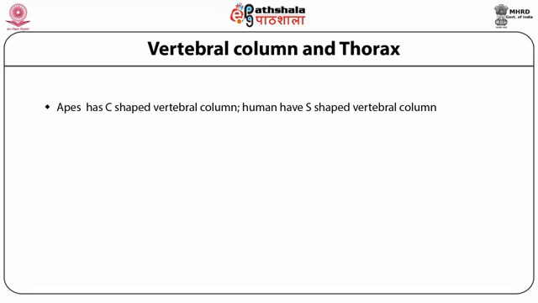making the thoracic region slightly convex, but in humans it is S-shaped by adding two secondary and opposing curves in the cervical and lumbar regions to the C-shaped curve of apes. The S-shaped vertebral column brings the center of gravity just below the body between the two feet. The S-shaped vertebral column also makes it